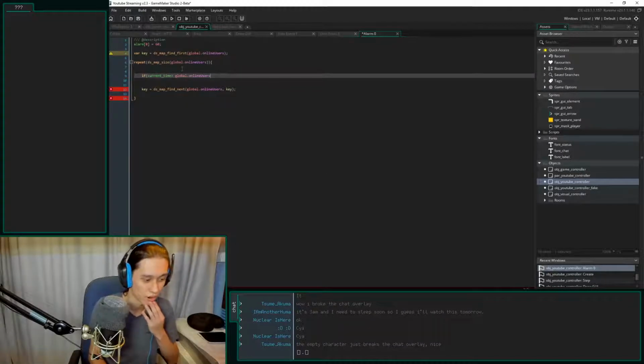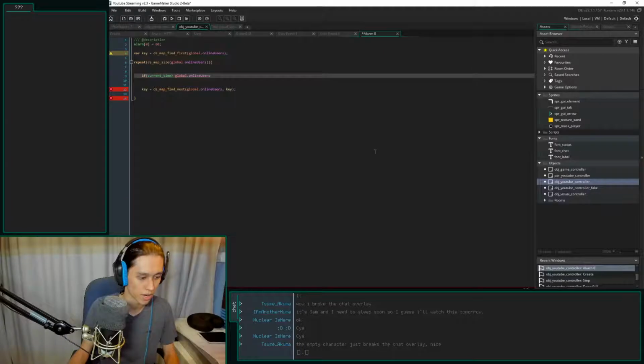Ooh, this is going to be problematic. The empty character just breaks the chat overlay. What does that mean? Which empty character? It just turns it into a square, no? You should just turn it into a square. Fire it off again. Oh, unless it's completely frozen. No, I'm not seeing any messages on my other chat.